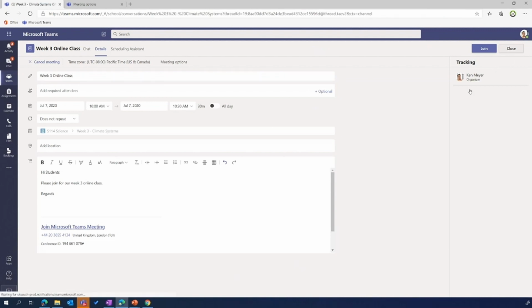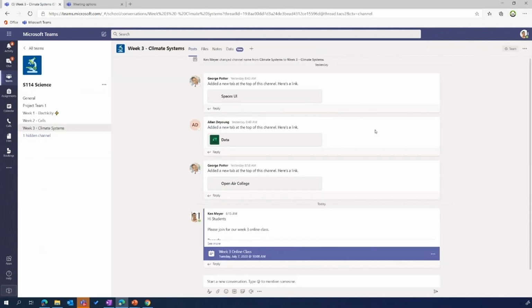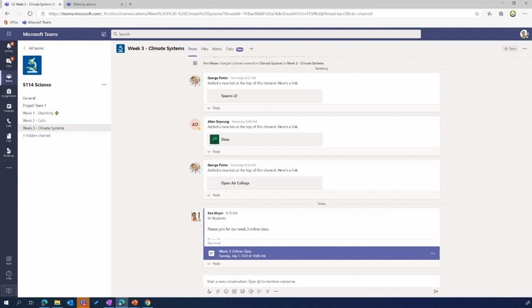And that is how we have been able to prepare before our synchronous session, and then prepare for during. Now, this is where we're going to say, during that online class, how do we get feedback from students? And that's where I'm going to pass over to my colleague, Alan, who will take over for the next session.